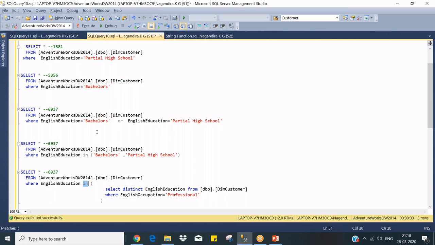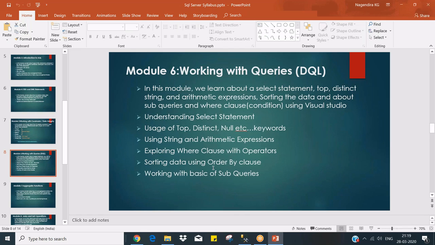So you cannot compare these two. When to use? If you don't know the exact output, then you go for the in statement. If you know the exact values, you can keep adding the or and whatever values you have. It's the way you have to query. You need to know when to use such queries. Okay, with this note, we stop operators. Let's move on to our next topic,